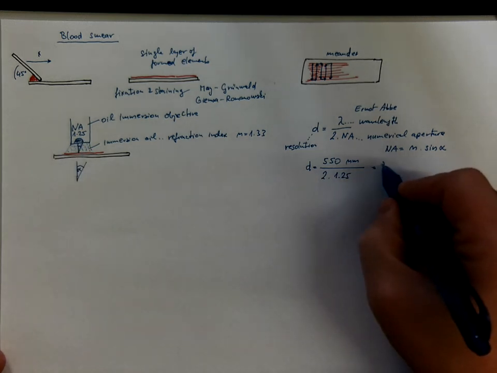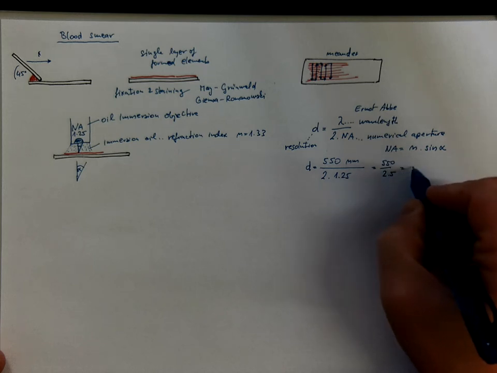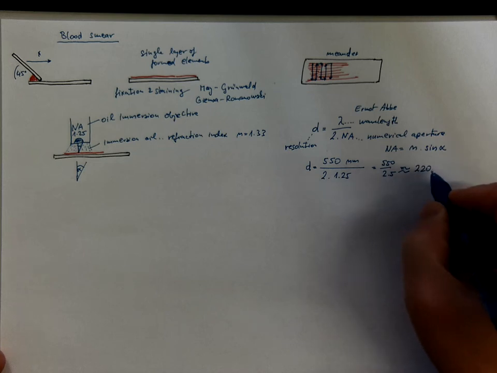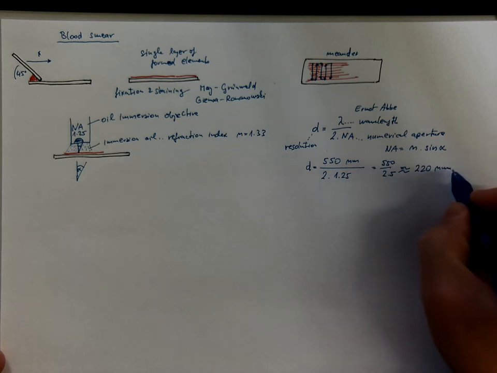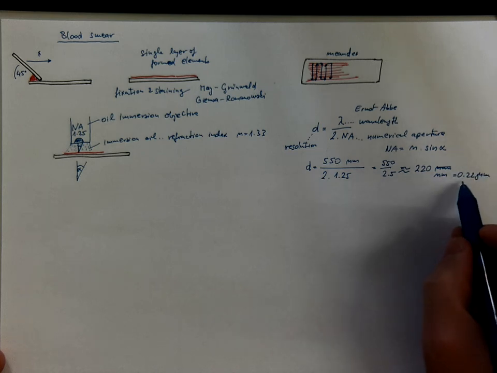You get approximately 220 nanometers, which is 0.22 micrometers, and this is the theoretical best resolution limit